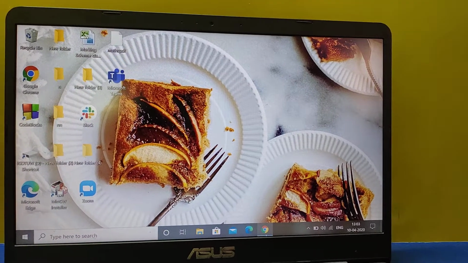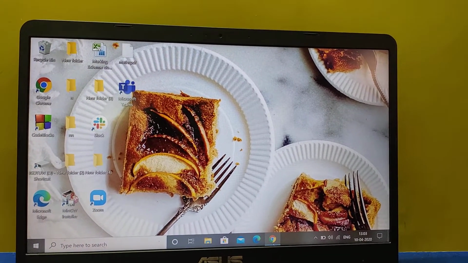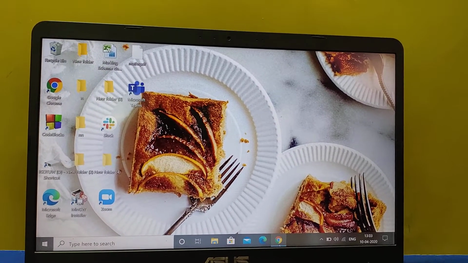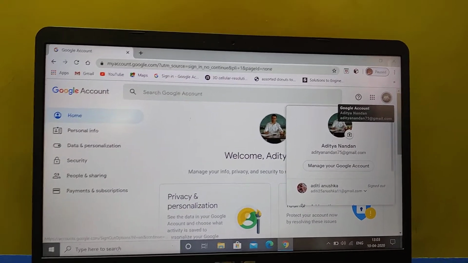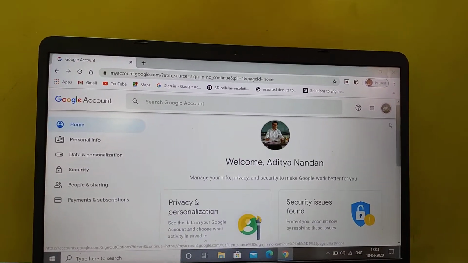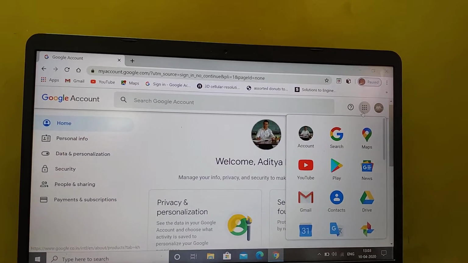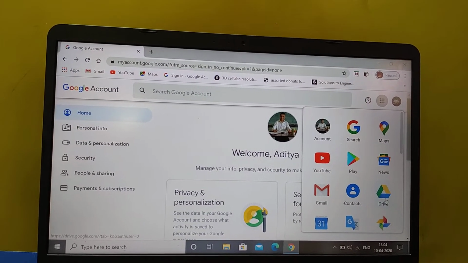Okay, good morning. Now we are going to make an online test paper. For that, you first open your Gmail account. So it's my Gmail account. There is my profile picture, and near it there is a square box. Click on the square box, and there will be Drive. Open the Drive.